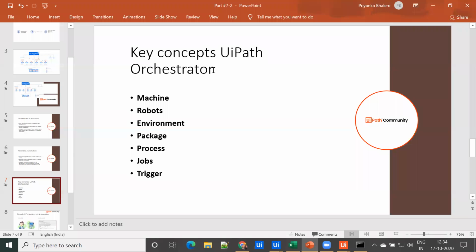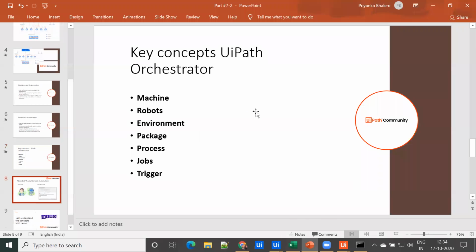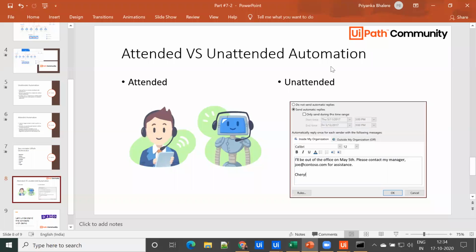Okay, so the next slide is attended versus unattended automation. Parth has already introduced us to what attended and unattended automation are. To add to what Parth has said, a real world example of attended automation is, for example, when we call customer support.